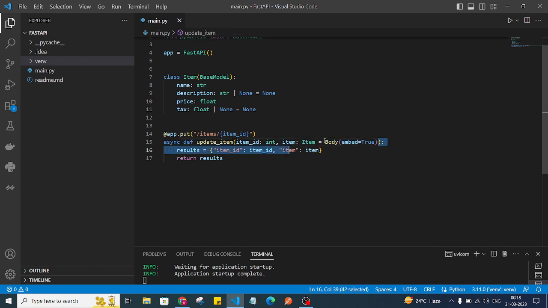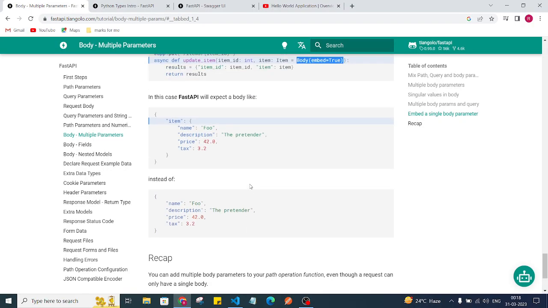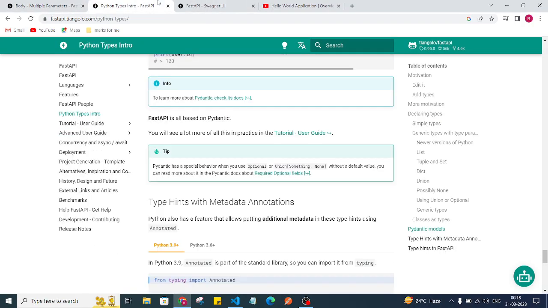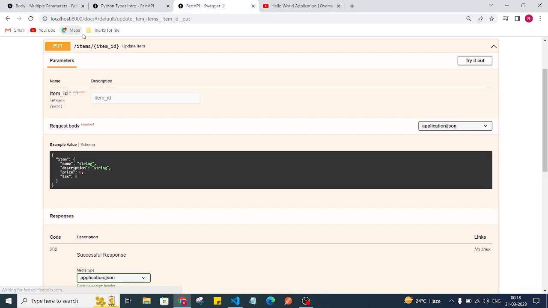We have told FastAPI to consider this in a body as well. Now it will be a key, and the value of that particular body will be the value of this item. Now if we go into our FastAPI documentation and refresh,